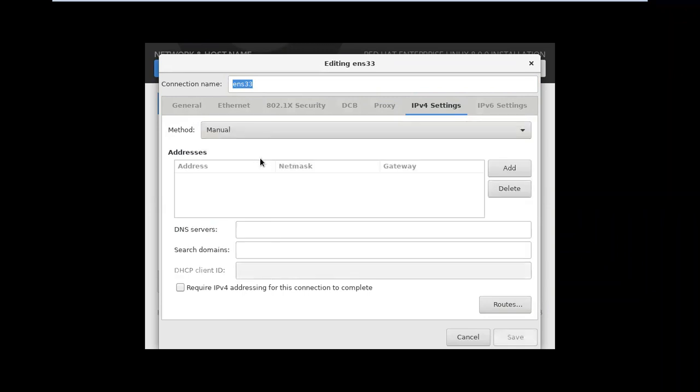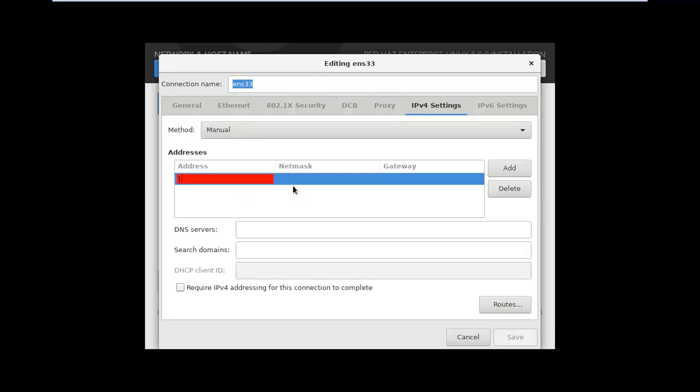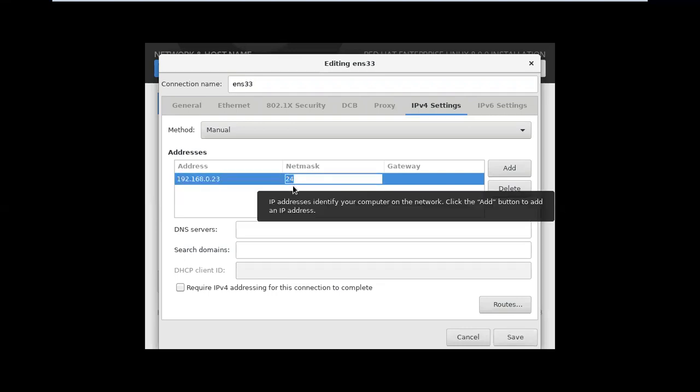Select manual, add IP address. I gave 22 for that server, and I am giving 23, 192.168.0.23. Enter. The 24-bit subnet mask will be taken by default for a C class IP address. So now these 22 and 23 systems can communicate in the network.